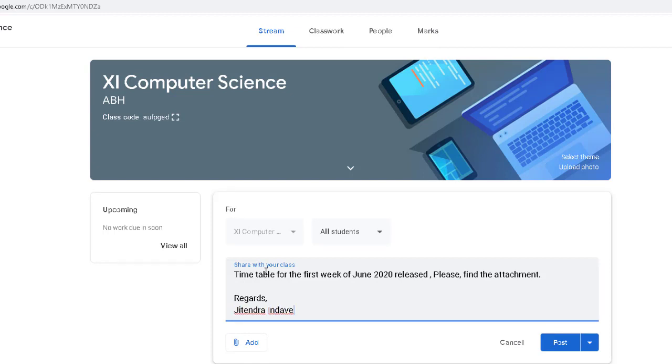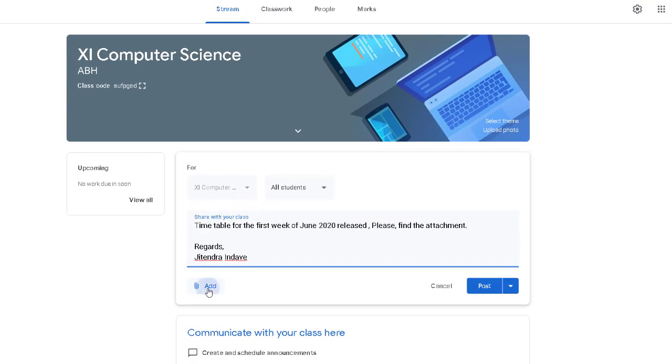As I have created one file as a timetable, the same I will upload right here. For that, go to add. You will find 4 options. Suppose you have uploaded that file on Google Drive, the same you want to upload, select Google Drive. If there is a website link which is an outsource, an external link, in that case select link. Only the link you have to enter. And if it is a file saved on your local drive in your computer, then select file. And if it is a YouTube link, you can share using this YouTube.